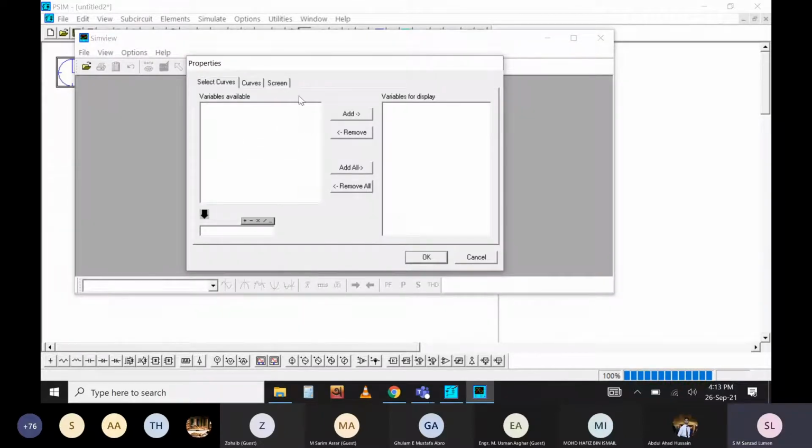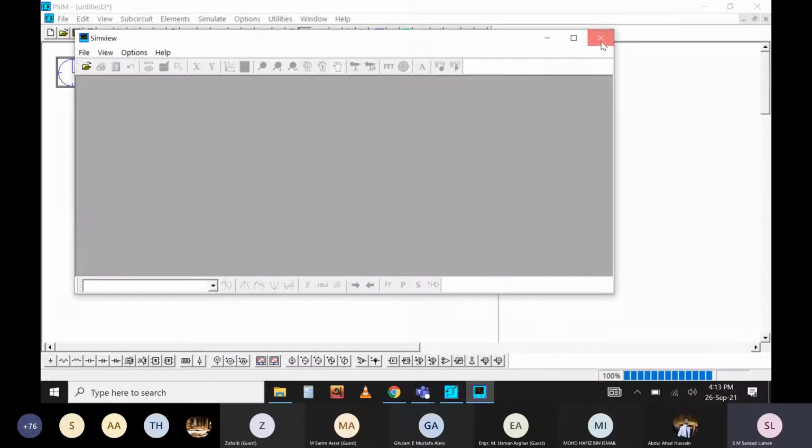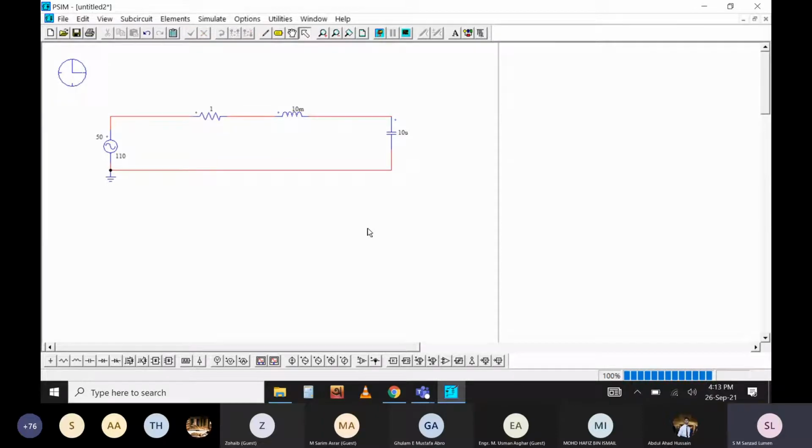So we have not selected the node or voltage or branches yet, so no variables are available here. I have to define the variables which I intend to measure. So for that, what do I have to do? You can see the different points. You have to define the measuring points. How are you going to define the measuring point?